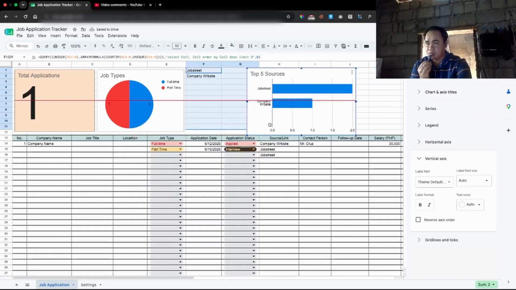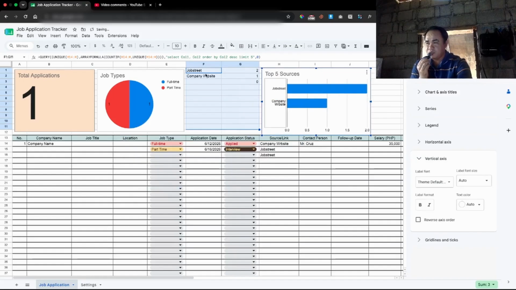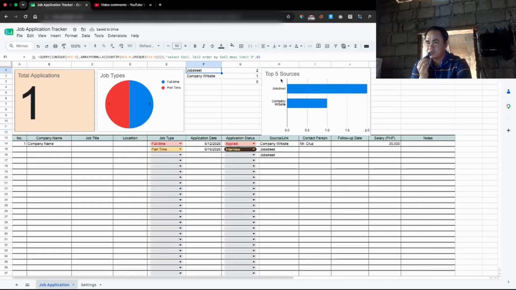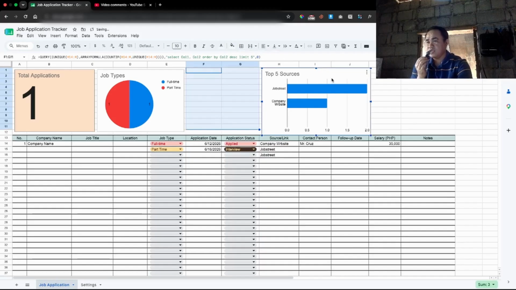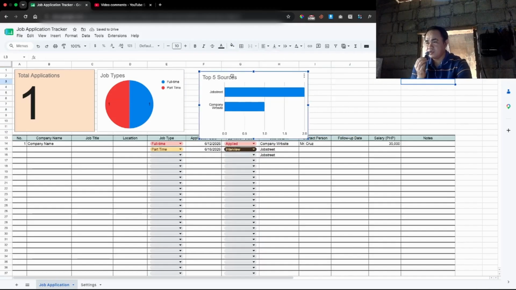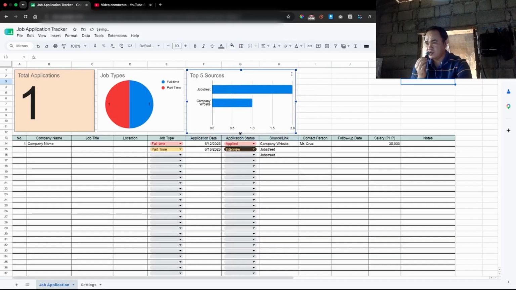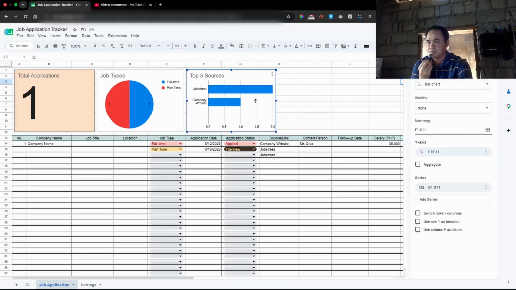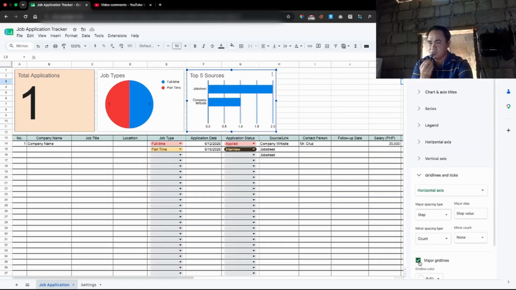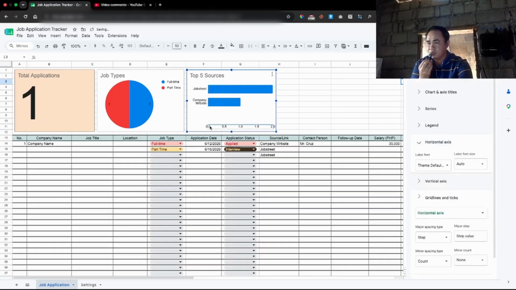Wait, guys. We can just hide this value because it's still visible. We can just select this and only change the text color from black to white. That's the trick. And then let's clean this chart. Go to edit chart, and then let's remove these vertical columns. So these are the grid lines. You can uncheck this, and this one.